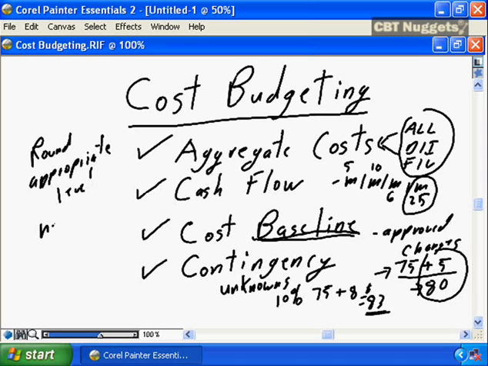To the nearest 1,000, or possibly for very large projects, it's to the nearest 10,000, or so on. If you develop a cost budget that says, my total project budget is $75,000, $321.19, no one is even going to look at the lower level numbers, and it actually gives a false